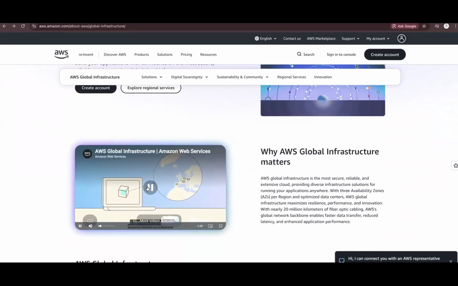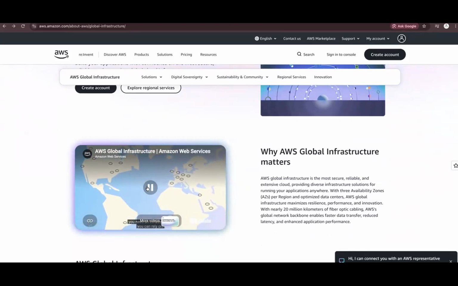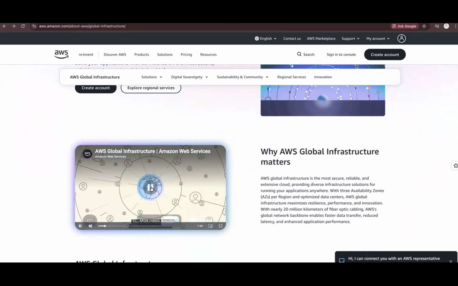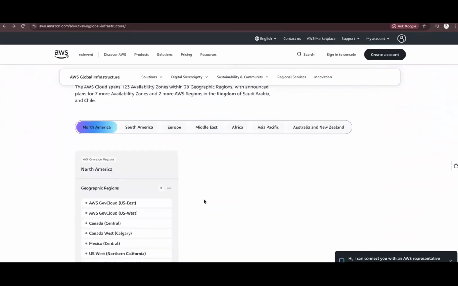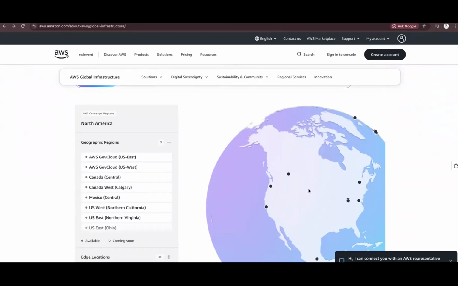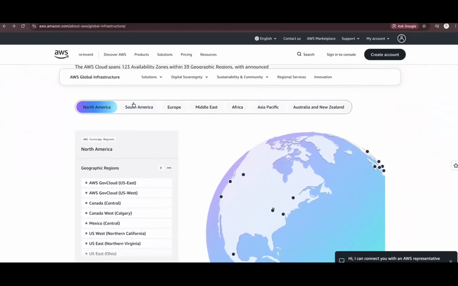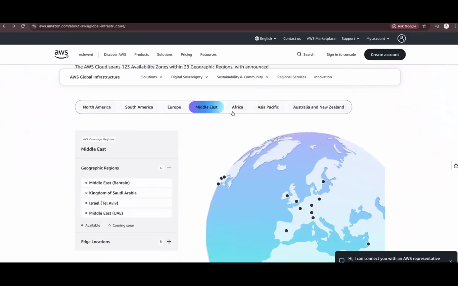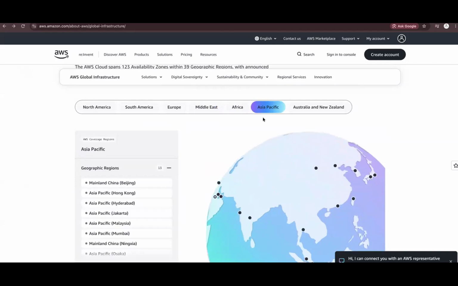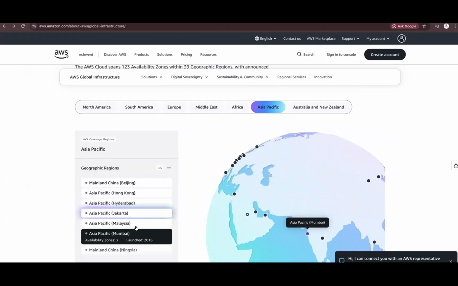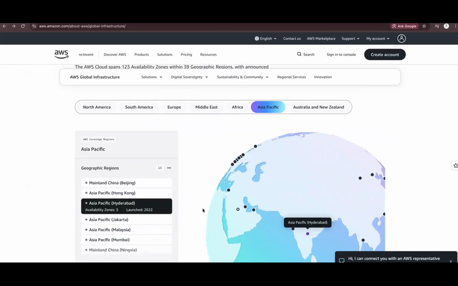When you're working on a global scale, you need an infrastructure you can rely on. You can check out this video later on also, but I want to show it here. Now here you can see a big globe map and you can rotate it. Here you can see North America, South America, Europe, Middle East, Africa, Asia Pacific. In Asia Pacific, we have locations in Mumbai and Hyderabad. If I click on Mumbai, you can see how many availability zones I have? I have 3 availability zones. Mumbai, 3. Hyderabad is also 3.